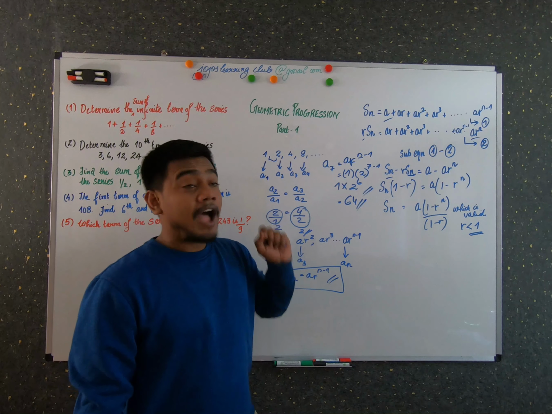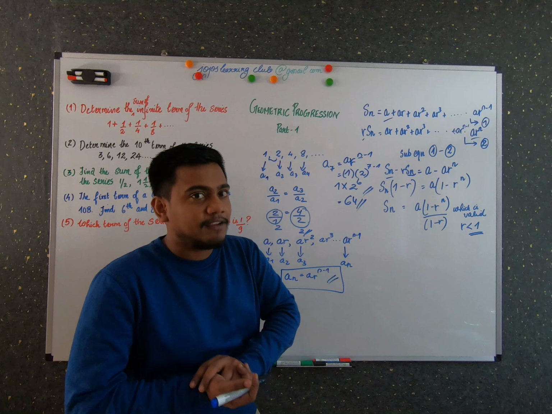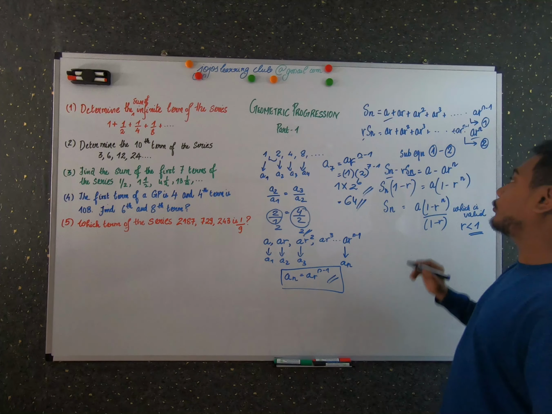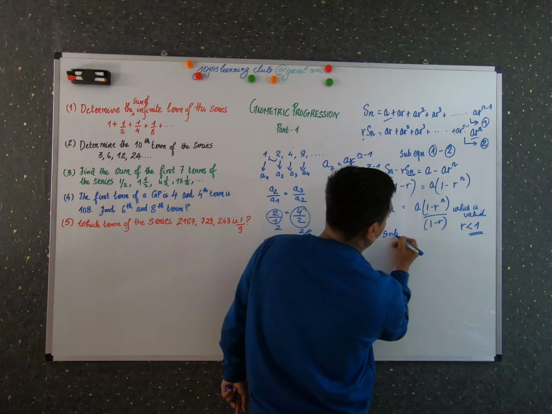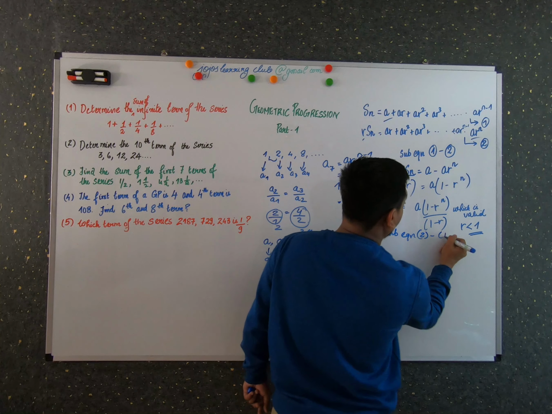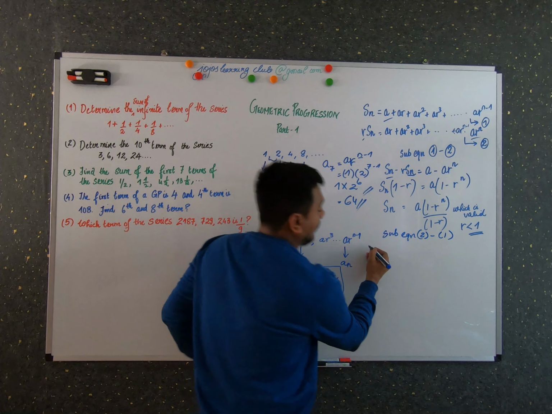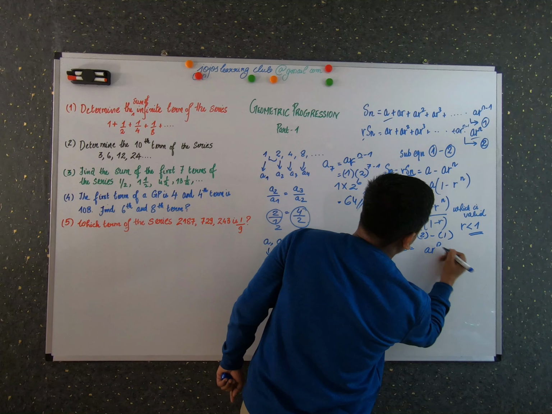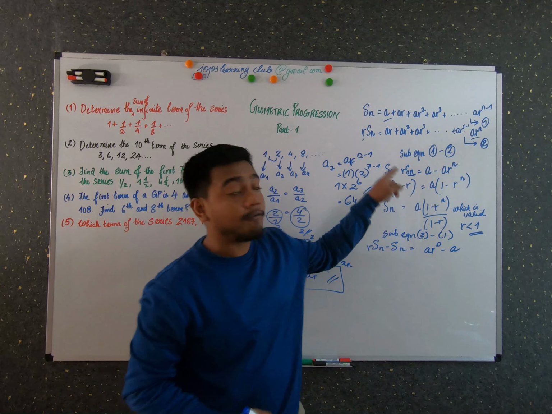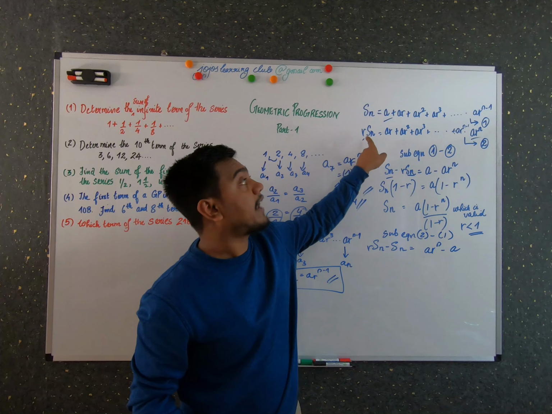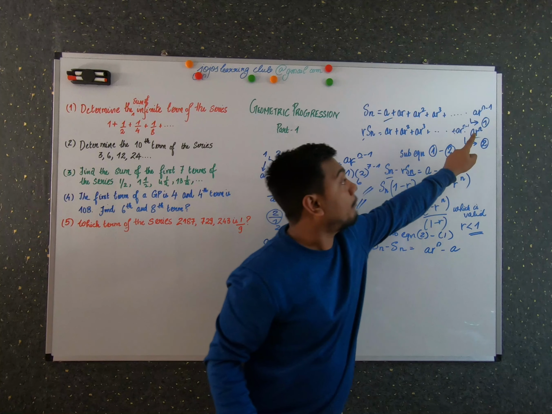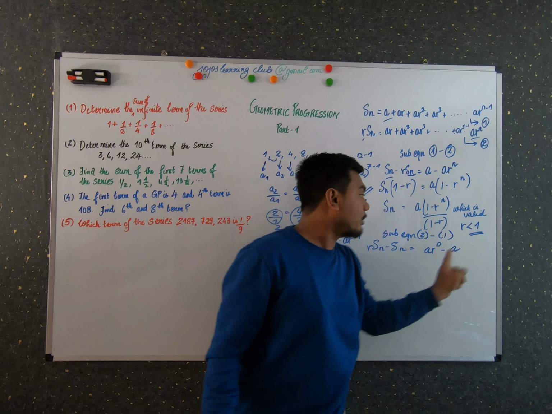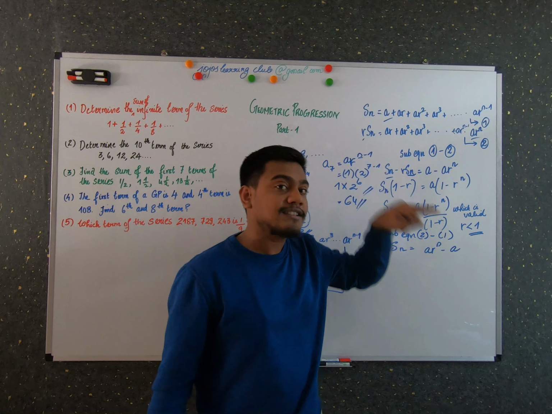And now let's find how to find the sum of n terms of a GP when the common ratio is greater than 1. For that you can use the same steps which you have followed, but now we are going to subtract equation 1 from equation 2. Before we did equation 1 minus 2. So what happens? R into Sn minus Sn is equal to A R raised to n minus A. Do you have any doubts? You can check that R into Sn minus Sn. So I'm going to subtract equation 1 from equation 2, so the A R raised to n is now positive and minus A, because it is the first term, right?